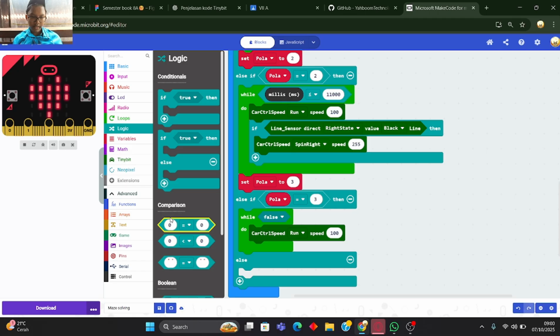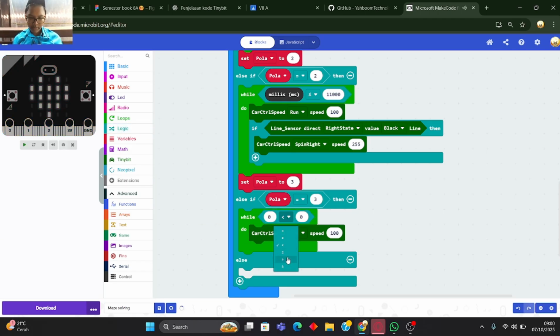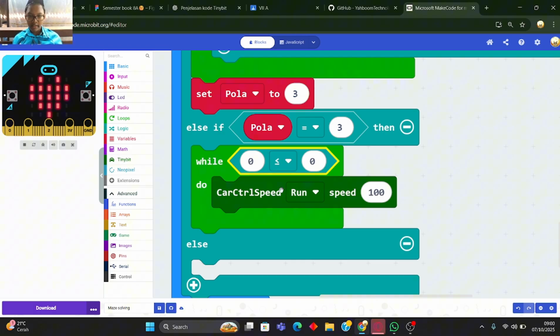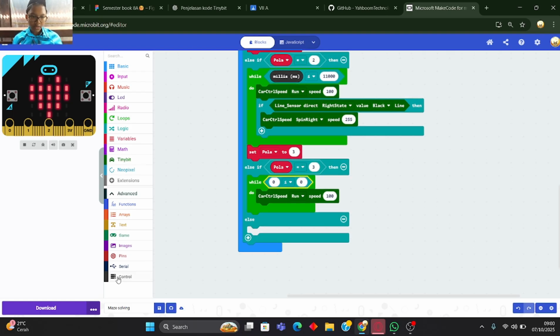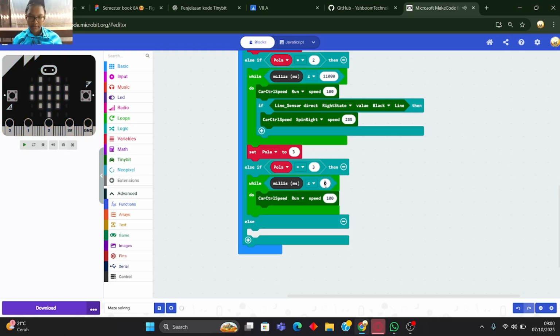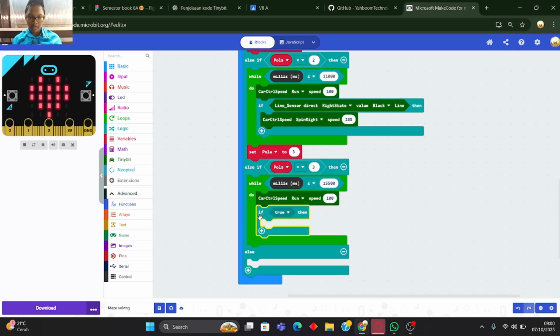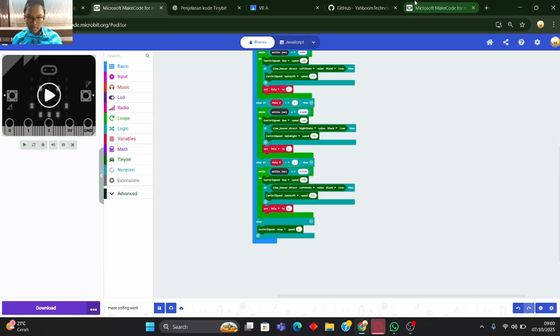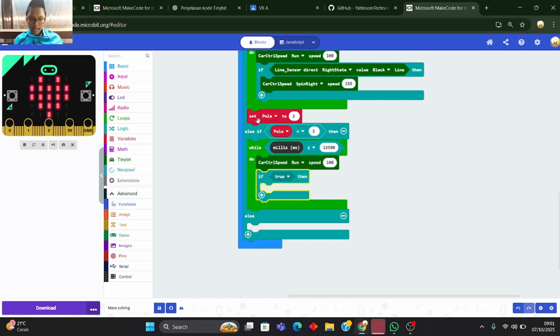Oh yeah, and go to logic, take a comparison smaller than again, change to smaller than, this one there is a line under the smaller than logic. So then go to control millis and put in left, it's 15,500, and go to if then, take if then, put in under car control speed, on speed run. Oh sorry, not 15, I mean 14,500, okay.